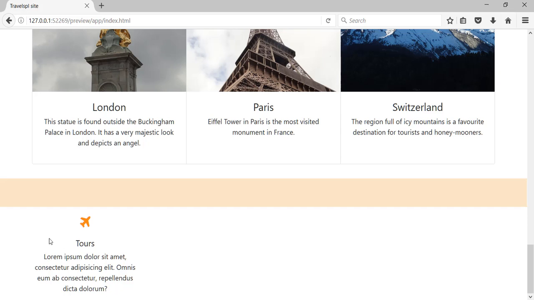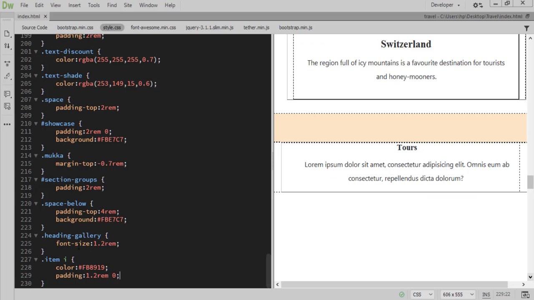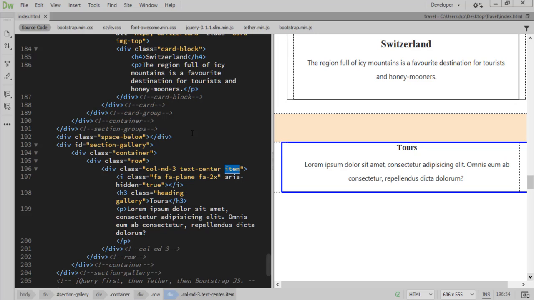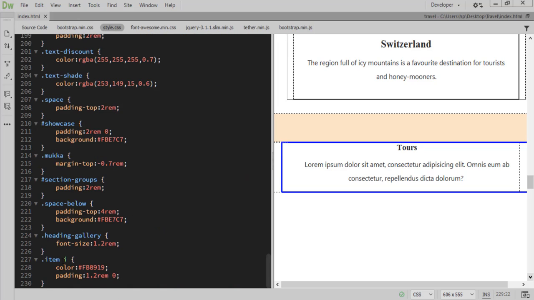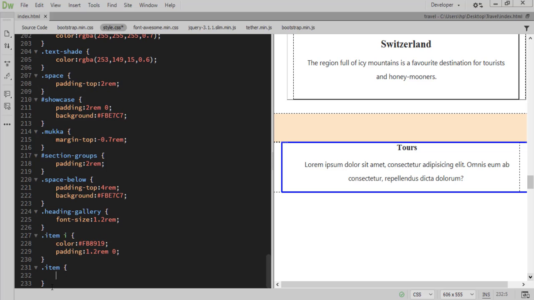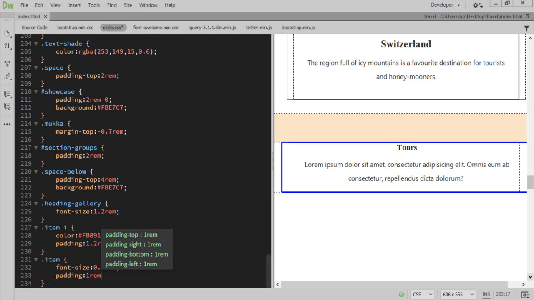So next will be that there is a border on the right side. So we need to build that border. For building the border on the right side, we need to target that class of item, this class. Come back to the style sheet and then target that class of item. And here in the item, let's reduce the font size for the text. Let's say the font size, suppose I make it 0.8 rem, and then a padding of 1 rem top and bottom and 0.7 rem on the left and right,